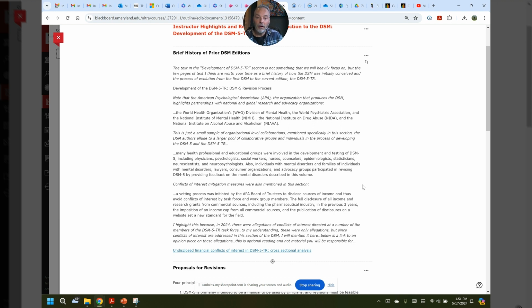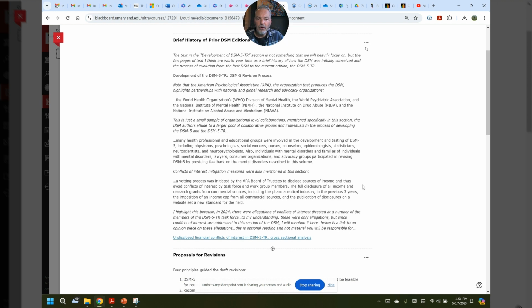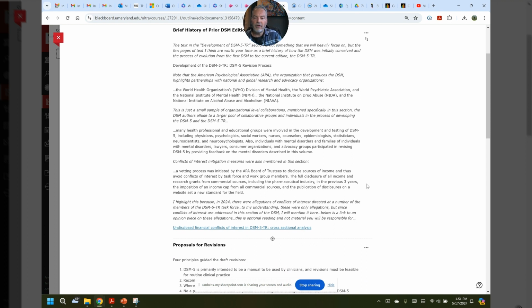So you see here just some of the collaboration: the World Health Organization, the NIMH, the NIAAA, NIDA, as an example, just so there's evidence that there's partnership in all kinds of different aspects of the behavioral health ecosystem, both from a macro and clinical standpoint, which you'll see in the field trials part. I think the other piece to this prior history section is I pulled out the conflict of